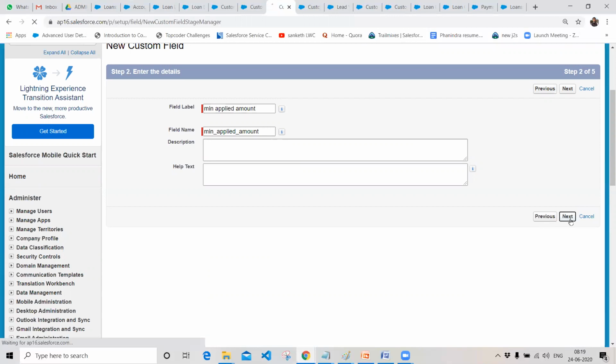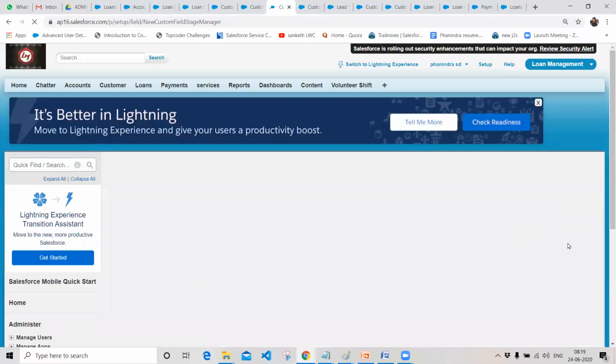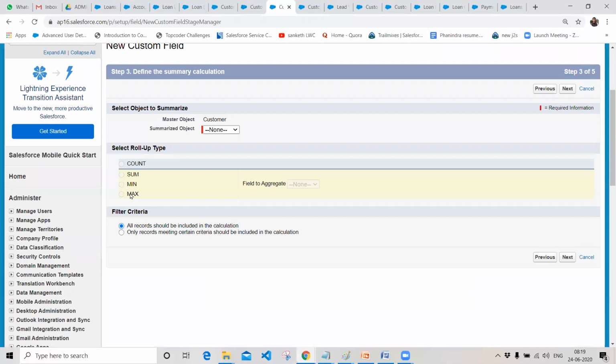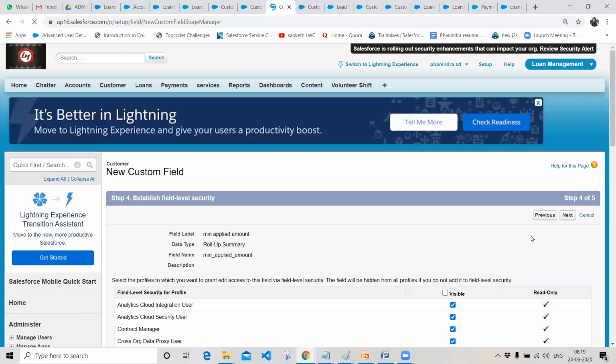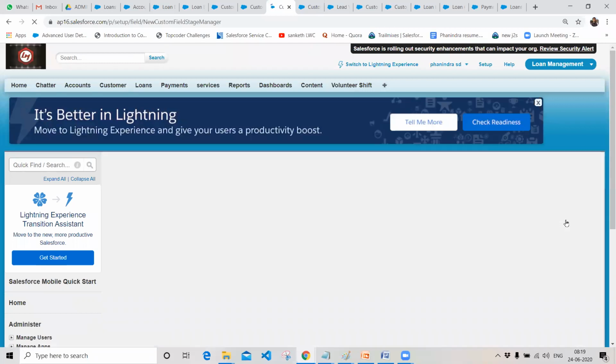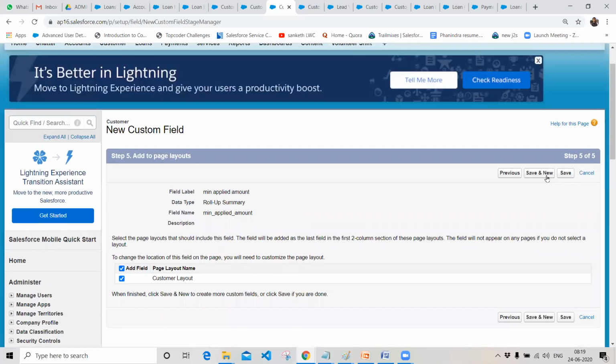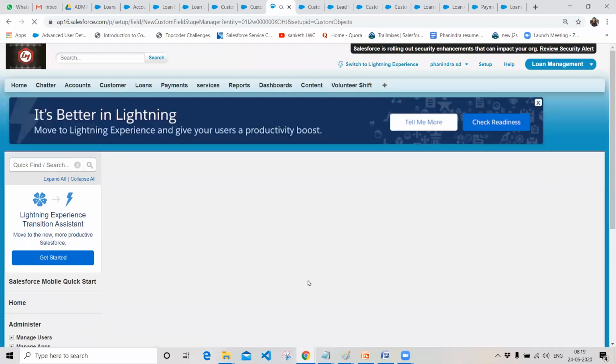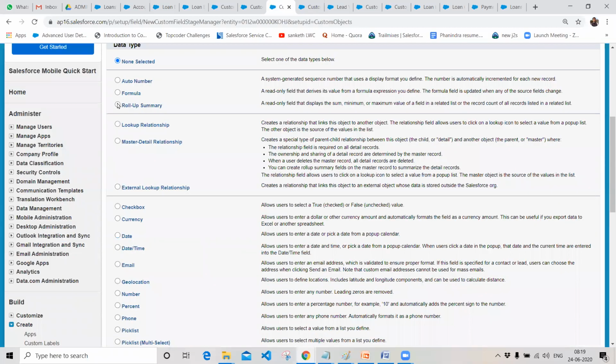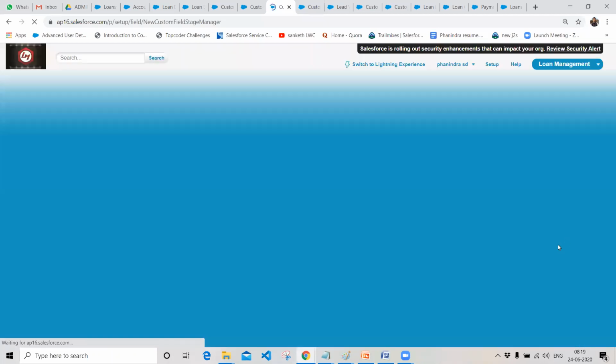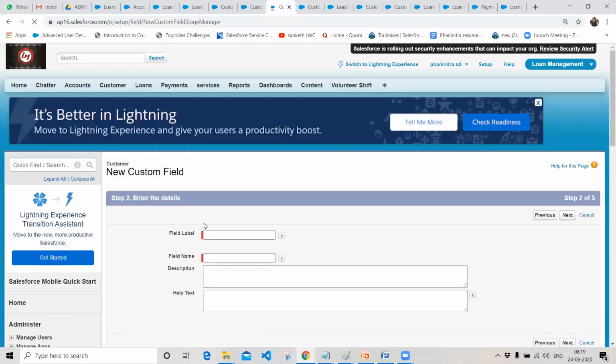Okay, and click on save, next, and click on the minimum. Right now just choose your loan object, and I want to get the minimum applied amount, and click on next. And I want to create one more roll up summary field with maximum loan. I'm creating two fields, guys, don't get worried.